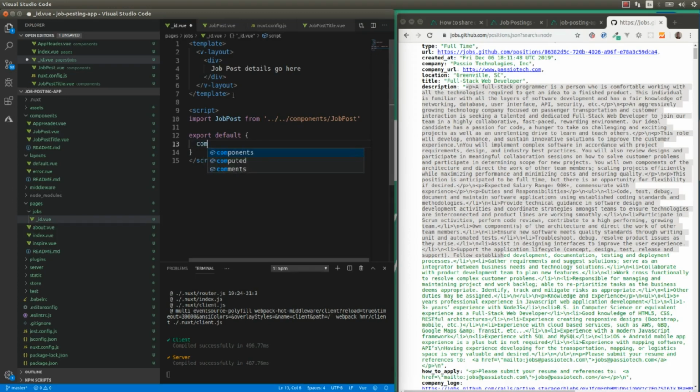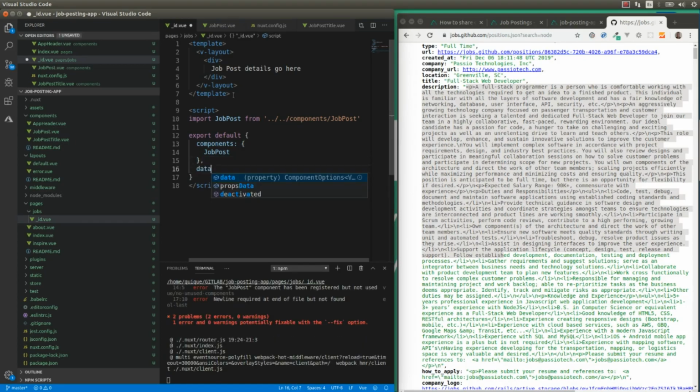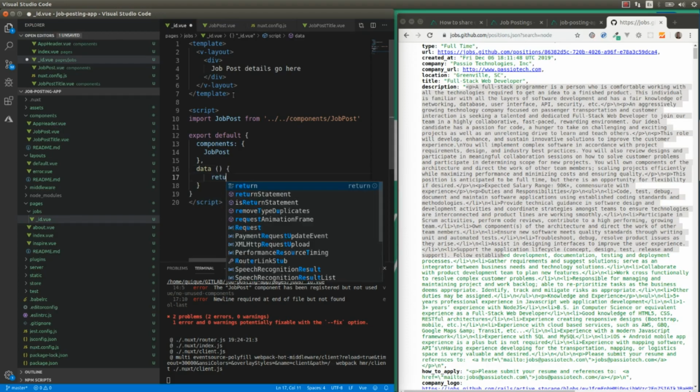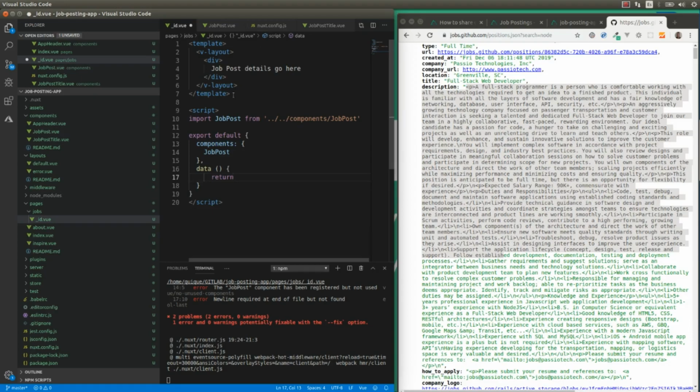And here we need to define first the components that we're going to use. Actually, one component, that is the shop post component. We're going to define the data function, where we're going to return the current job,